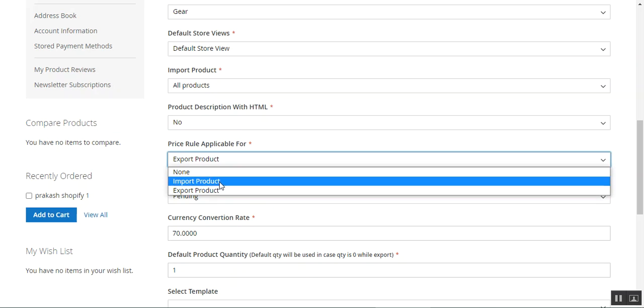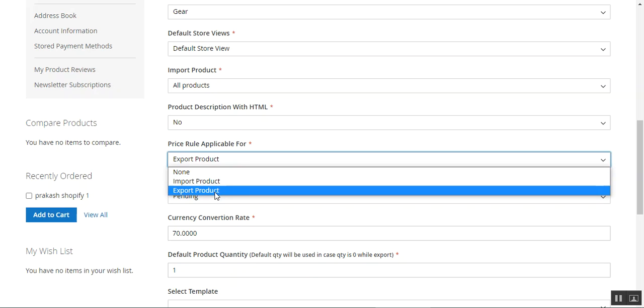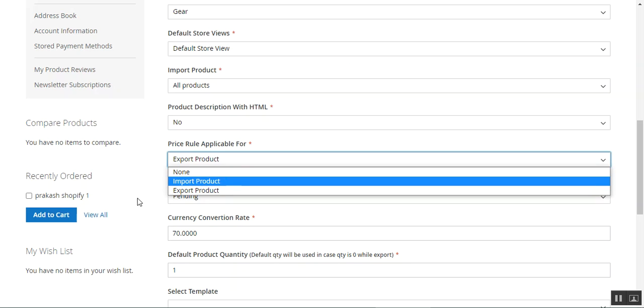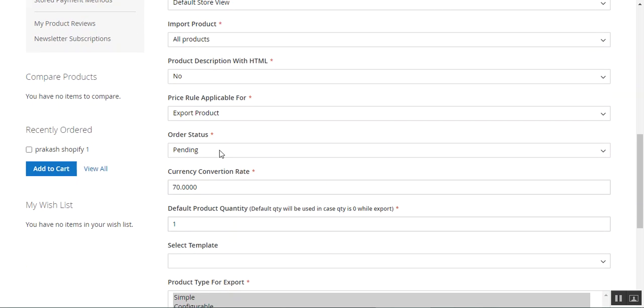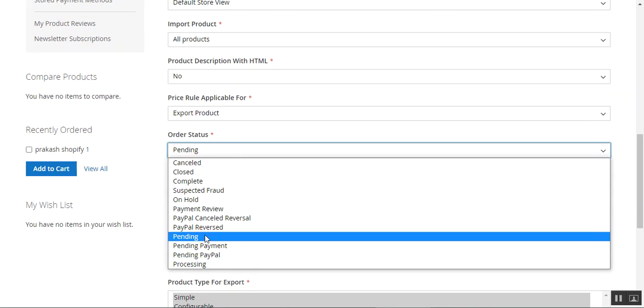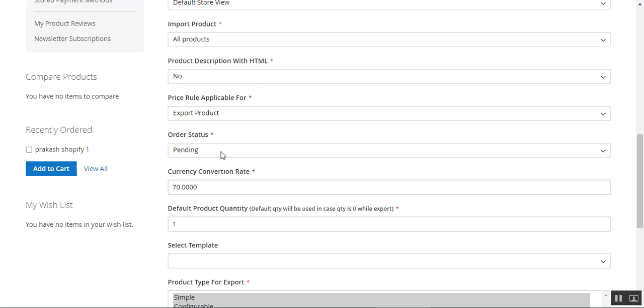Then we have the import and export products options. Export is from the Magento 2 marketplace store to Shopify, and this one is from Shopify into the Magento 2 store. Then we have the order status for the orders, so you can choose a status there as per your own requirement. Then we have the currency conversion rate, so you'll have to set up the currency conversion rate as well, and then you'll have to set up